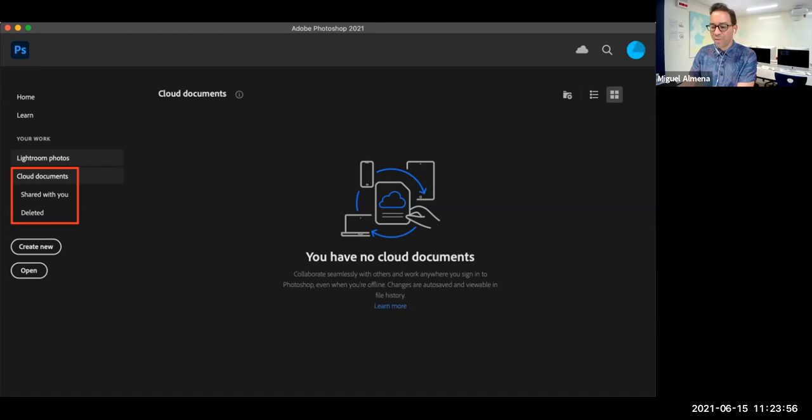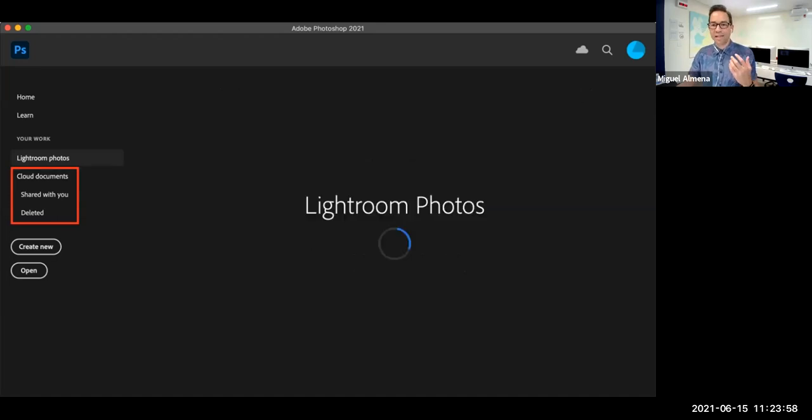Okay. Lightroom is basically another program from Adobe that actually makes adjustments for photos. So it's kind of like Photoshop, but it goes deeper into the colors and the tones. It's kind of like a super advanced Instagram in a way, but it doesn't do anything social media related. We won't be going into Lightroom per se, but if you are interested in photography, which I know you are, Amanda, Lightroom would be something to definitely look at in the future